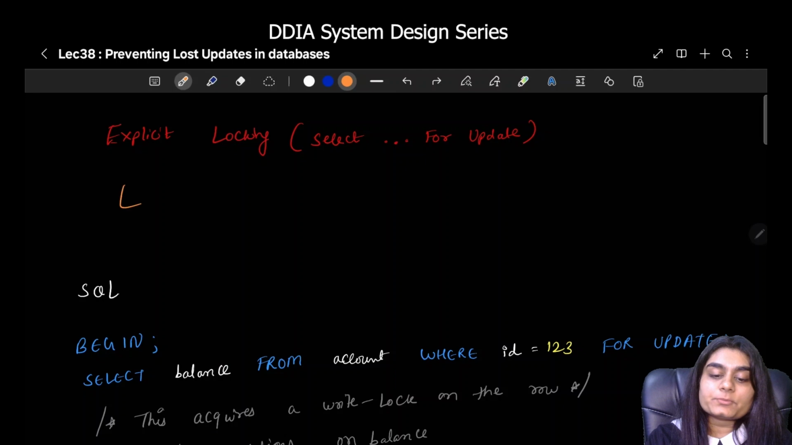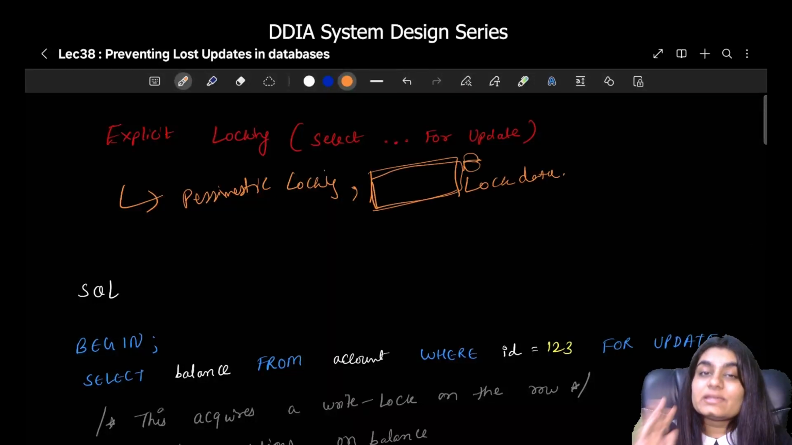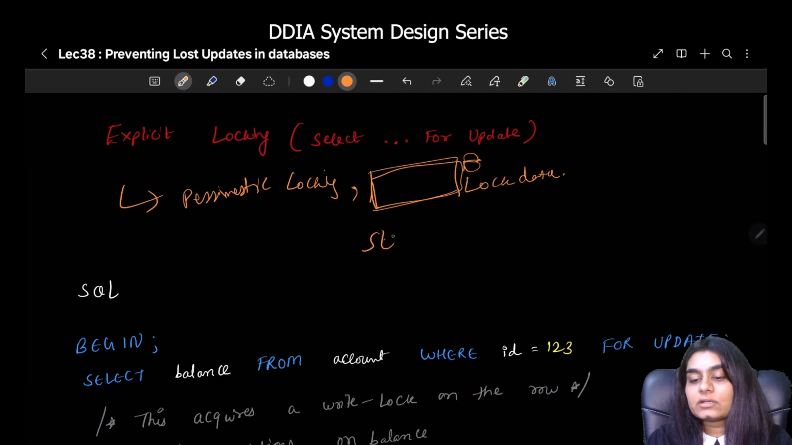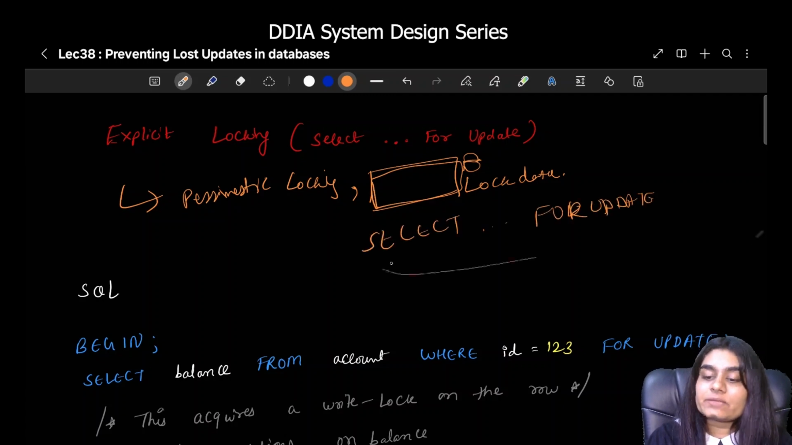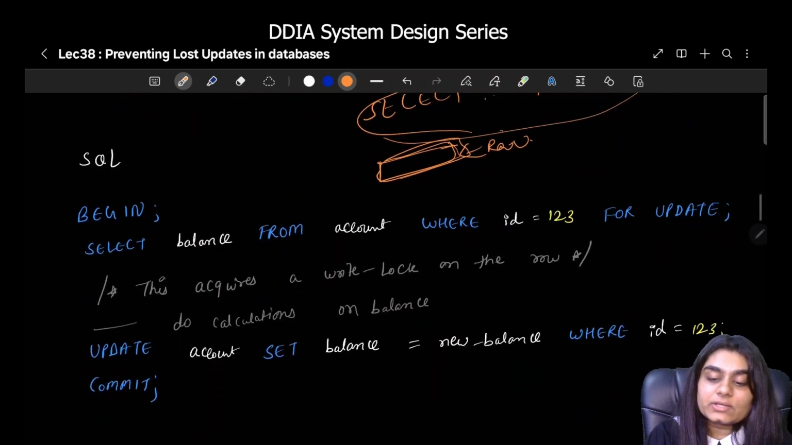Another solution to that problem is pessimistic locking, where a transaction locks the data before editing that particular data. In SQL, you can do this with SELECT FOR UPDATE. This tells the database, give me a lock on this row so that no one can change it until I am done with it. For example, here you can see BEGIN, SELECT balance FROM account WHERE id = 123